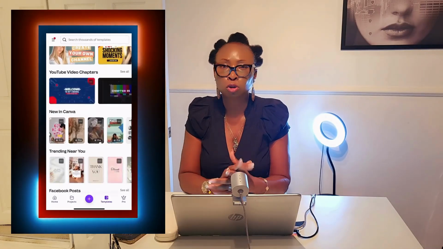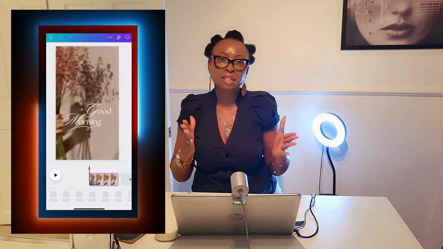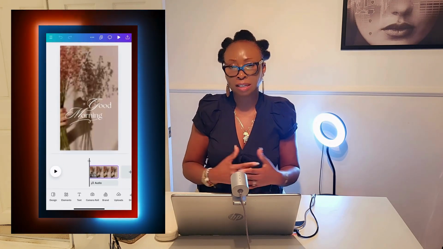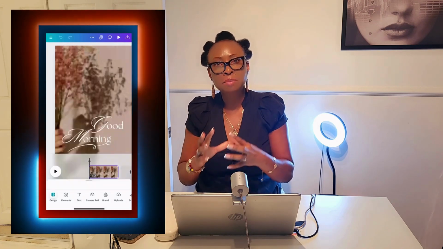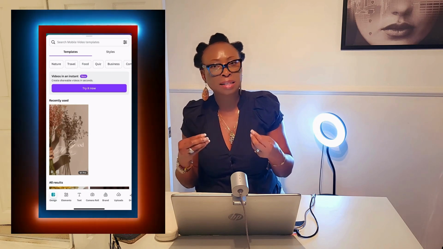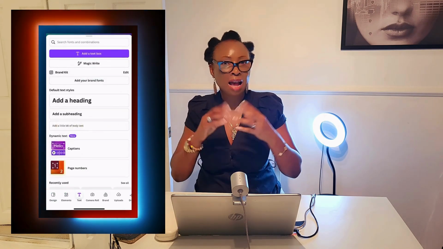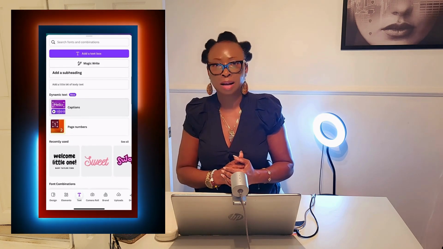Aside from that, any other template that you find on Canva that does not have the crown, you are free to use such templates and create your own design. And let me quickly say that the reason people love Canva a lot is that there are ready-made templates. All you need is just click on them and customize the way you want. Just change a few things on those templates and you can use them as well.